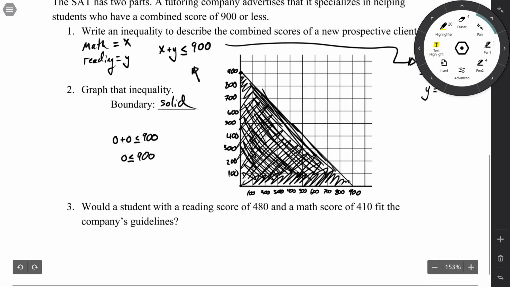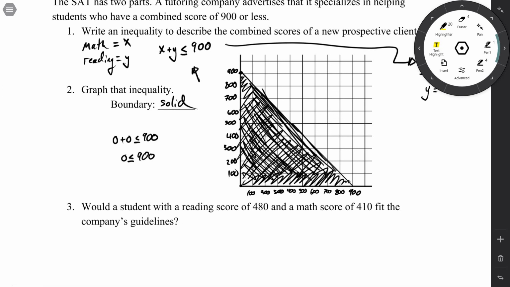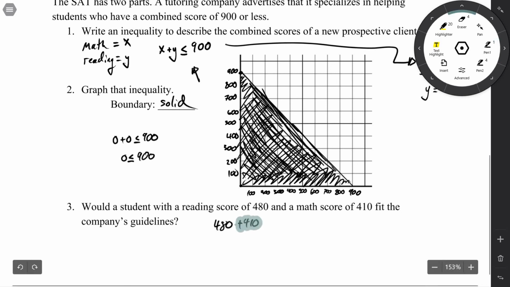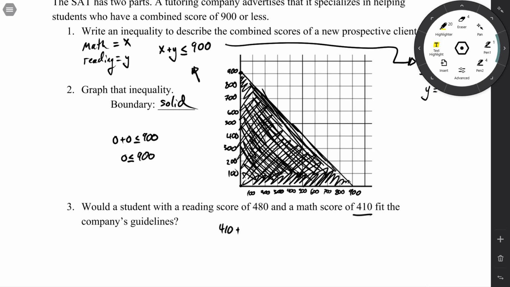Let's test a point or test some type of input. Would a student with a reading score of 480 and a math score of 410 fit in the company's guideline? Well, let's try it. 480 plus 410. Actually, I did that a little bit backwards. If our x value, and this can matter, which is why I'm going back here, our math score is 410. That was our x value, so we have 410 plus our reading score of 480